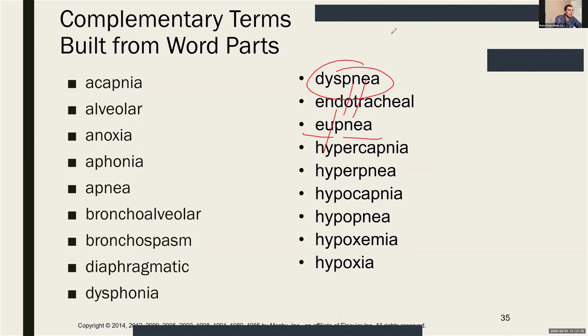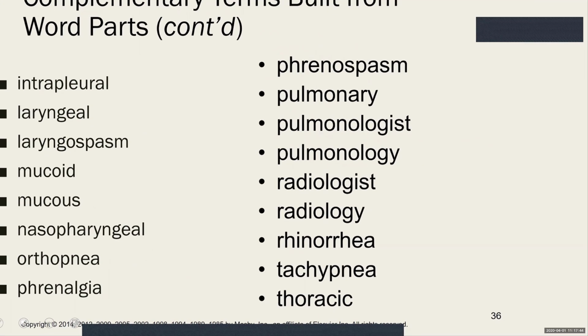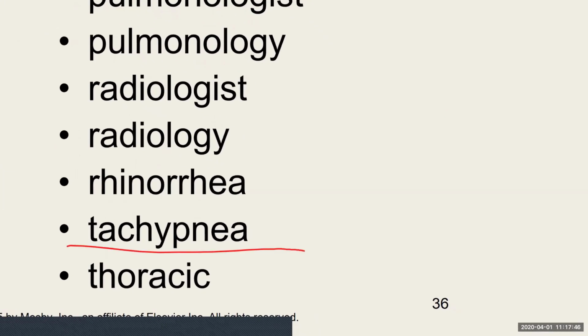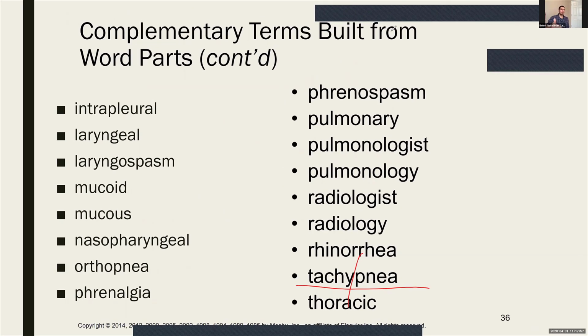Endotracheal, we already said, okay, yeah, that's inside the trachea. Capnia, more CO2. Hyper, meaning increased CO2. Hyperpnea, meaning an increased depth of breathing, as opposed to, let's see if it's on this next page, tachypnea, way down here. So we've still got that pnea, meaning breathing, but the tachy, meaning increased rate, just like tachycardia, increased heart rate, tachypnea, increased respiratory rate, but hyperpnea is an increased depth of breathing, and